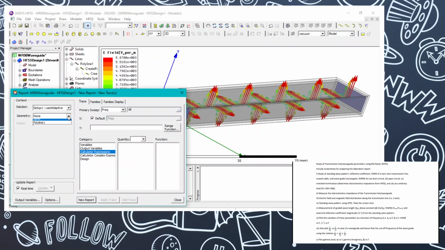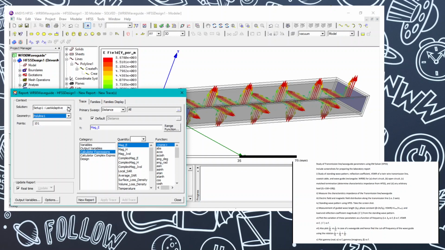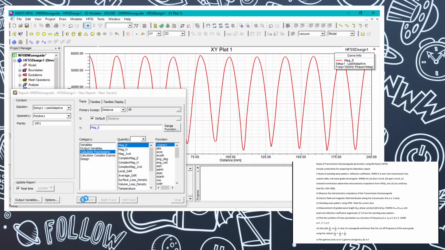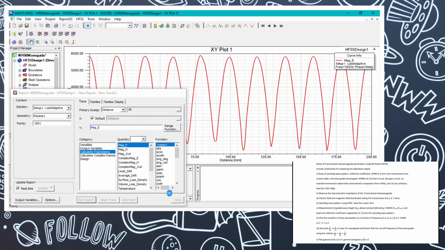After that the geometry should be polyline 1, and the frequency should be the last adaptive, the points should be 1001, and for viewing the magnitude of the electric field along the line, we can just click this and create new,